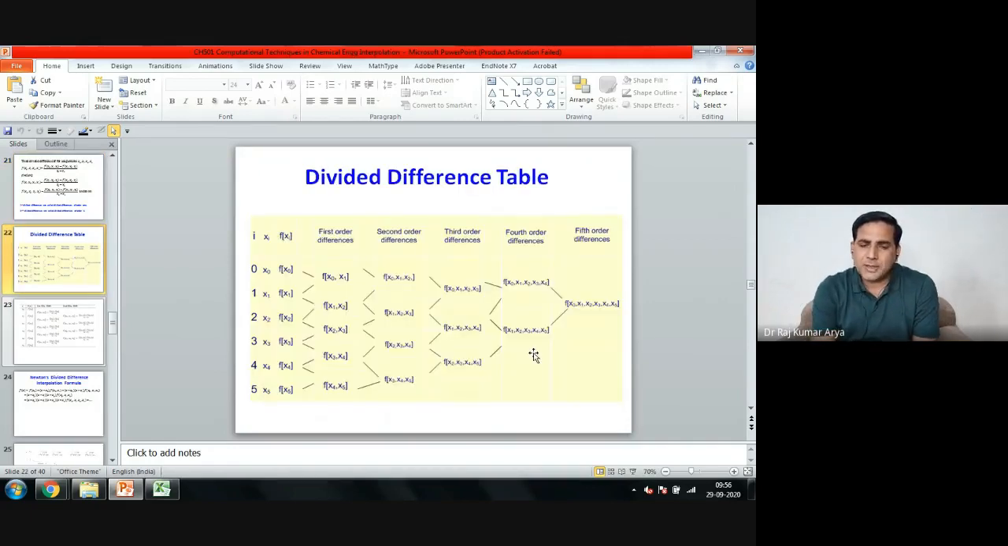Now, how to calculate your divided difference table? This is the same as the previous one. So first you have your data x: x0, x1, x2, x3. Now you have data of y, which is your function value f(x0), f(x1), 2, 3, 4, 5. Now here there is no constraint that you should have equally spaced data points. Previously in Newton forward, backward, central, you have equally spaced data points, and the differences between